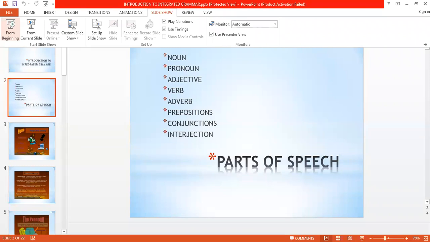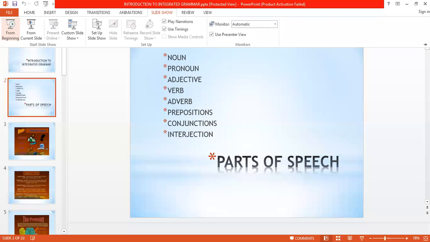Next comes third person. When we talk about the personal pronouns, there are three personal pronouns: first person, second person, third person. First person, when we talk about ourselves. Second person, when we talk about the listener. Third person, when we talk about some other person, neither you nor I. When we are not talking about ourselves, when we are not talking about listeners, when we are talking about someone other, that comes in the third person. So personal pronouns are of three kinds: first person, second person, third person.